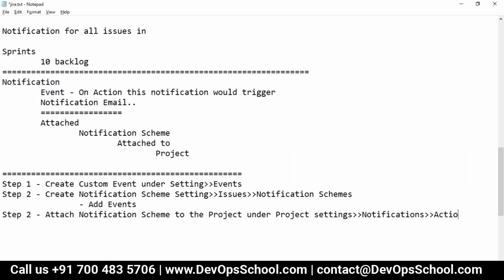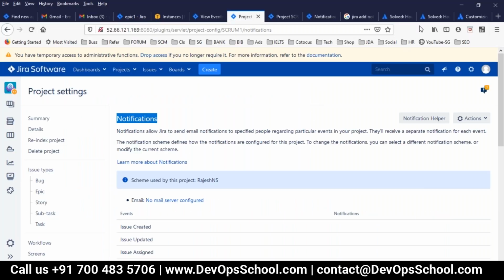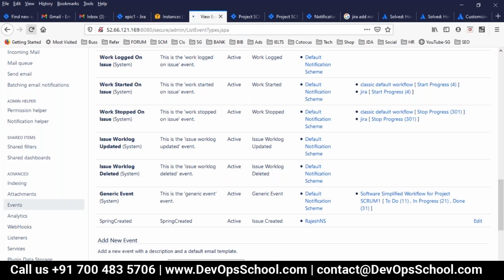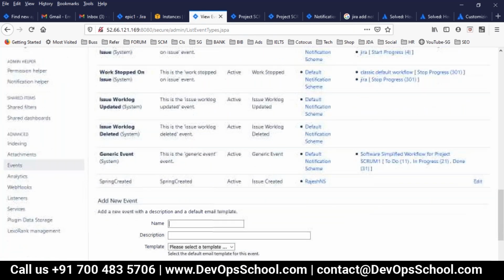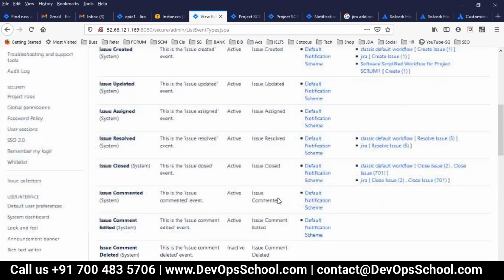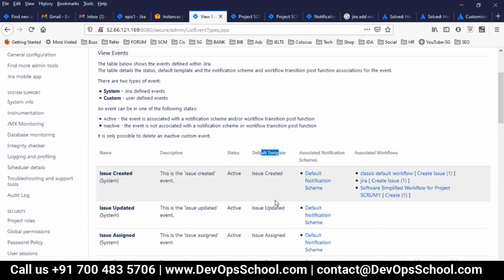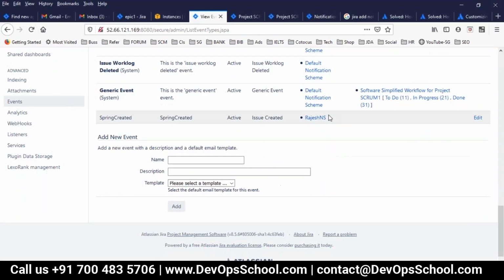And action. And the last step, step 4, what you have to do is first go to the events, refresh this event, the one which you created, and you see here, look, this event is active right now. It got attached to the issue created template, which is here. See here, default template, you can create a template from the server also, and this got attached to